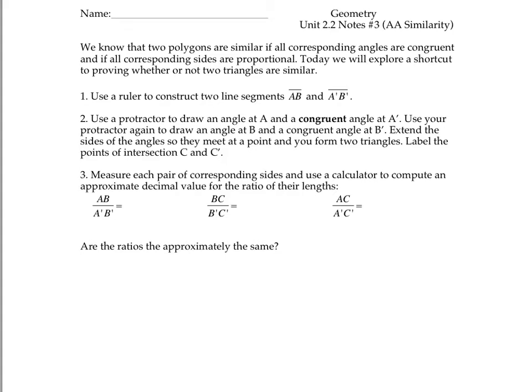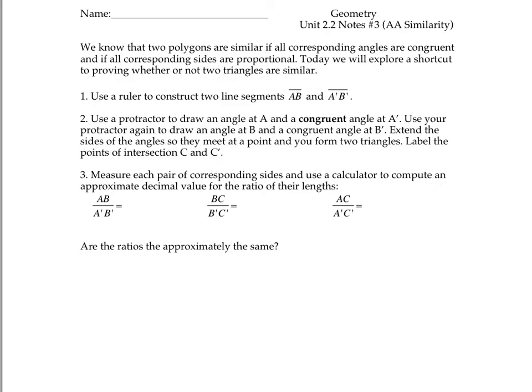Hey everybody, today's lesson from Unit 2.2 is all about the angle-angle similarity postulate. It's a shortcut, or a way to prove that triangles are similar without comparing all three pairs of corresponding angles and without comparing all three pairs of corresponding sides. But to get to the angle-angle shortcut, we're first going to do a little